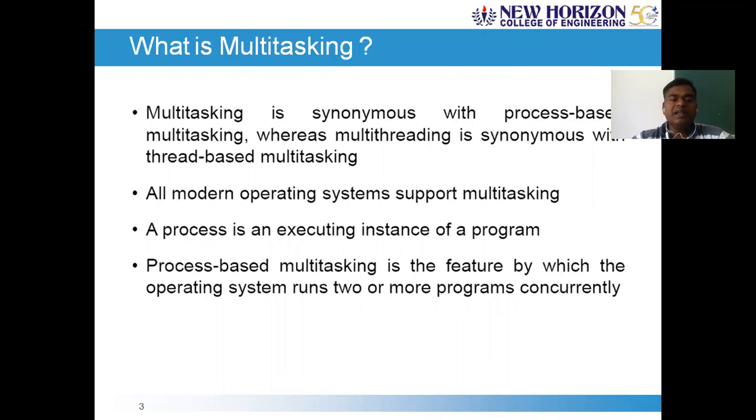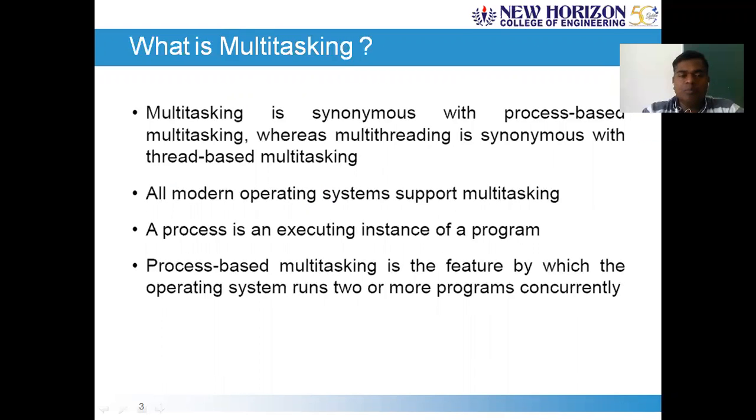Coming to multitasking, let us put things like this with multitasking and multi-threading. Multitasking is synonymous with process-based multitasking, which means you are performing more than one task at a time.